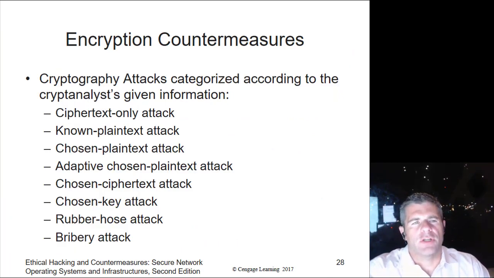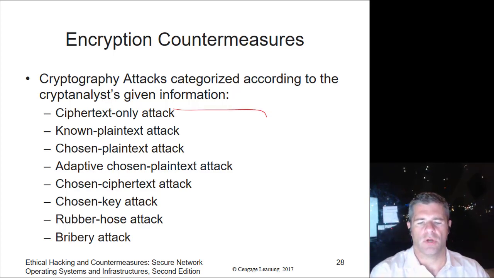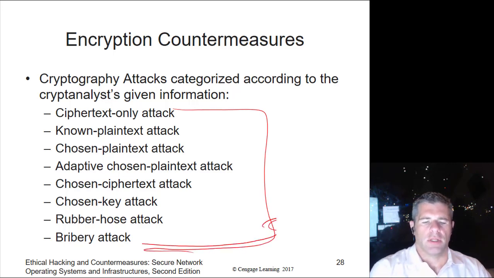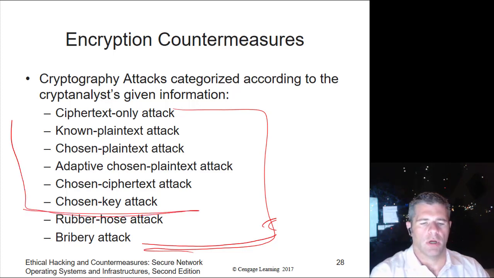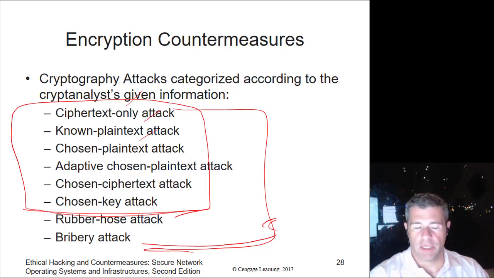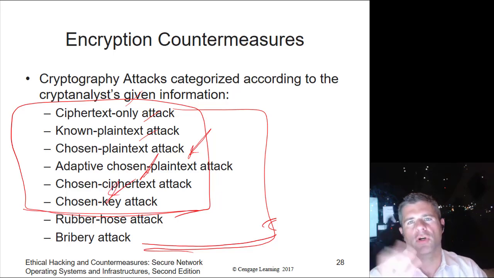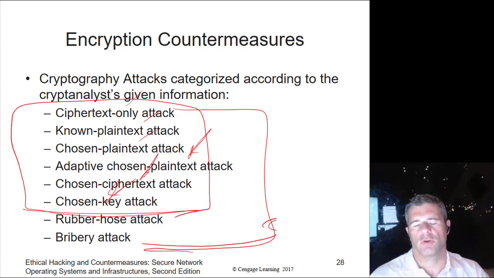If you dive deeper into cryptography than we will in this course, there are a bunch of different types of attacks that you can use to try and break encryption. The easy ones require a lot of work: if you only have the ciphertext, if you know the plain text, if you can choose the plain text, so you have access to the encryption cipher tool that they use to do the encryption. If we can change the chosen plain text, it's good. If we can choose what the ciphertext looks like or choose the key we use, those all give us different hooks into trying to crack the cryptography in question.